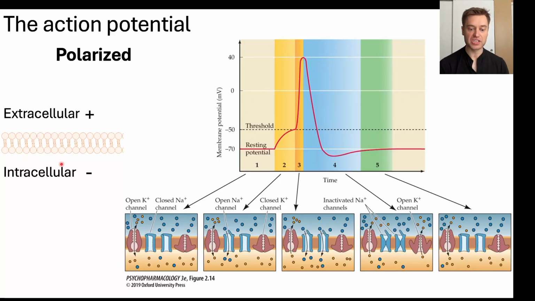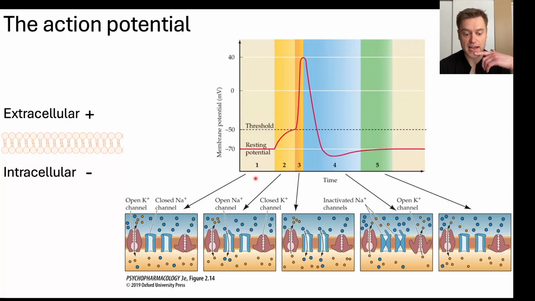When an action potential occurs, we refer to that as depolarization. And that's because the intracellular space is now positive, meaning that it is now similar on both the extra and intracellular sides of the membrane. So how does this occur, and what is the action potential actually talking about in terms of all the various steps that are occurring? So let's go ahead and look at our little graph here and orient ourselves to the